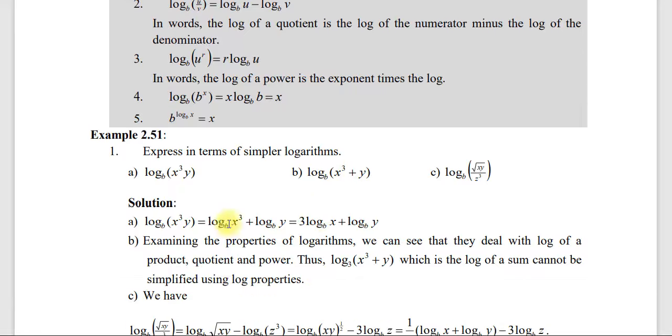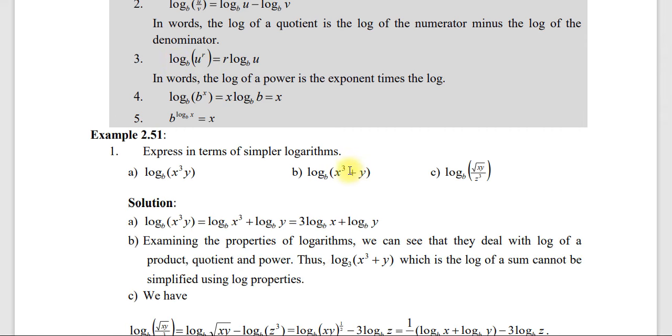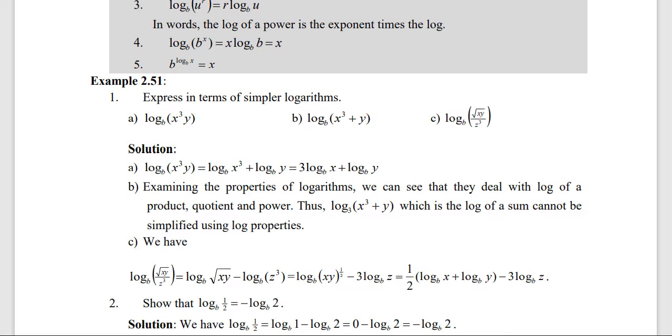ቢን ደግሞ ተመልከቱት። examining the property of logarithm we can see that they deal with log of product quotient and power. Thus log x cube plus y in base 3 which is in the log of sum cannot be simplified using log property. ስለዚህ መደመር ከሆነ እዚህ አምስቱ ላይ የሉ መደመር ከሆነ ማብዛት ሲሆን ነው የሚተነተነው። ይሄ ለምሳሌ የማብዛት ወይም የማካፈል ምልክት ቢሆን ሲምፕለር ፎርም እናስቀምጠው እንችላለን። መደመር ከሆነ ግን ሲምፕለር ፎርም መቀመጥ አይችልም ማለት ነው።